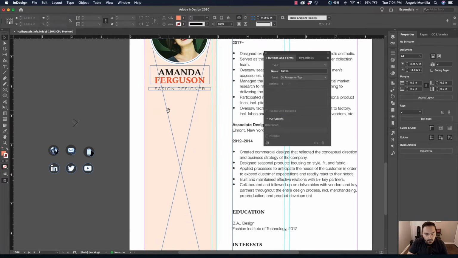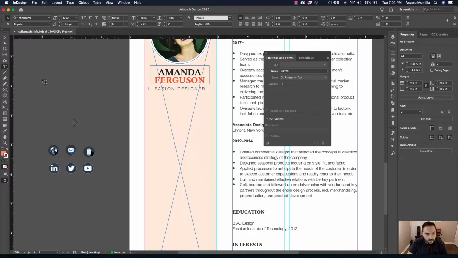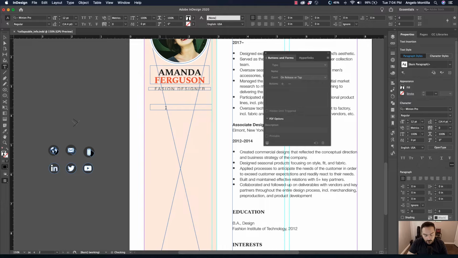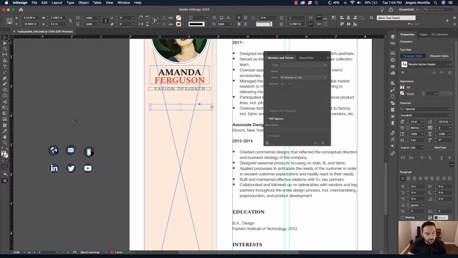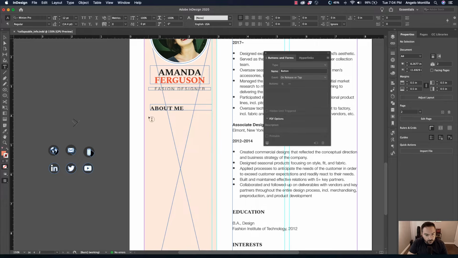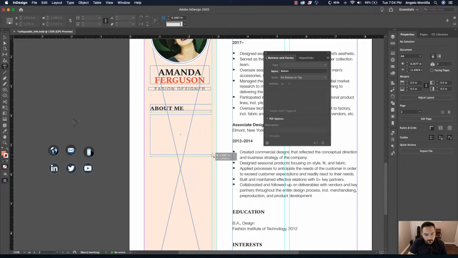So I'm going to go ahead and grab another text frame, or draw one out, I should say. And I'm going to say about me. This, I know I did create a paragraph style, so about me, resume section header, that's called. Let's go ahead and create another text frame.